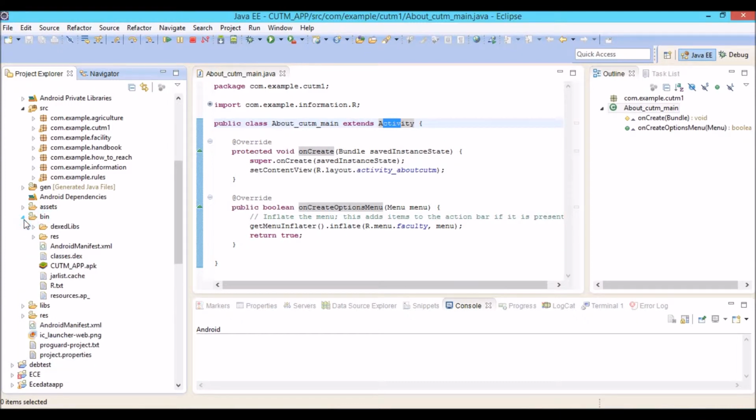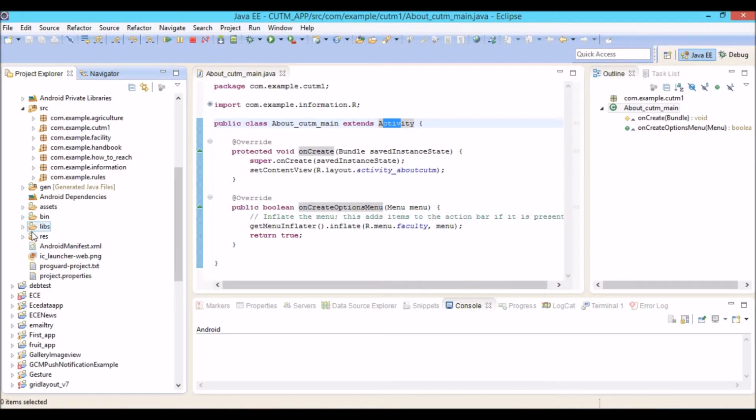Now coming to the bin folder, it contains the main APK file which is generated after successful compilation of the app or project, and this APK file will be installed in the Android device. Then coming to libraries, it gives the support files in jar format.